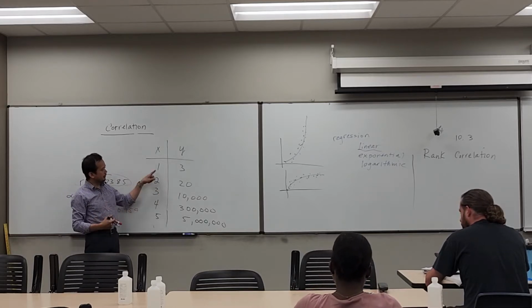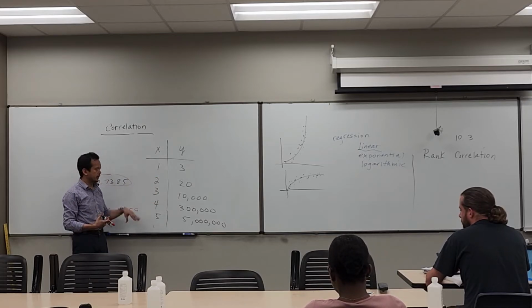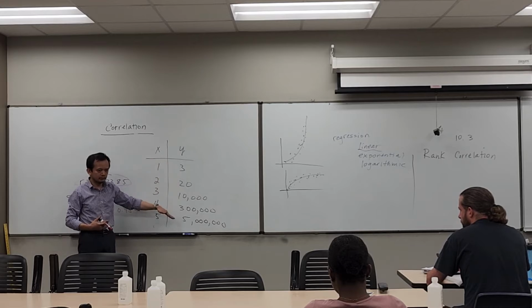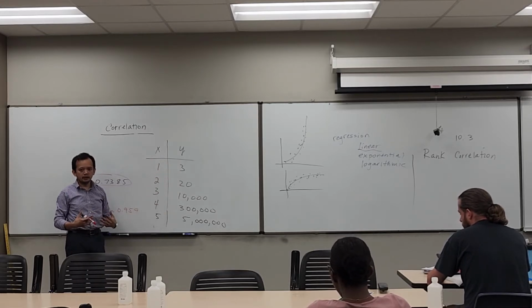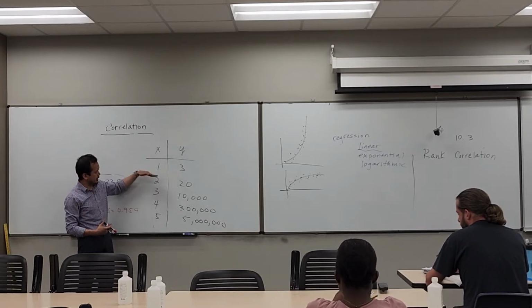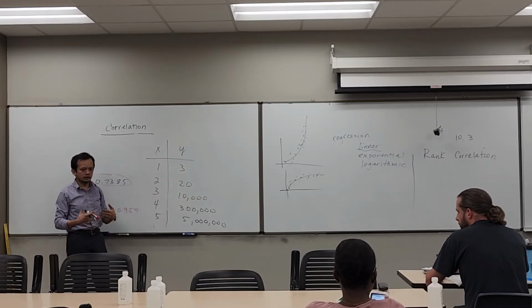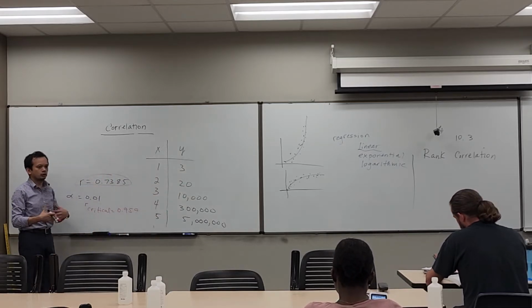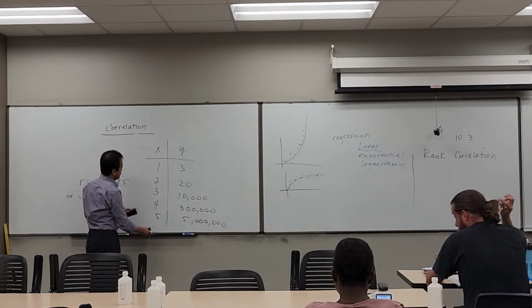So instead of comparing the values of x to the values of y, because our definition of correlation is basically, as x goes up, does y also go up? So instead of comparing the values of x and y directly, let's compare the positions, or the ranks, of x and y. So that as x increases in position, does y also increase in position, in the order of its relative values. So what we'll do